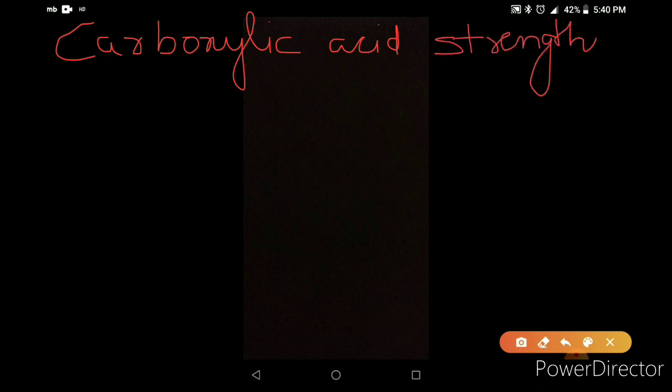Now, how does inductive effect affect the acidic strength in case of carboxylic acid? Carboxylic acid strength can sometimes be determined by the presence of the group minus I or plus I, electron withdrawing or electron donating group. First, let us understand what is the meaning of